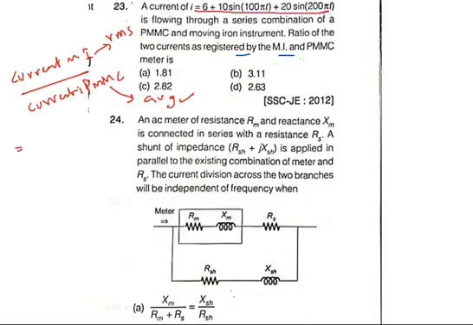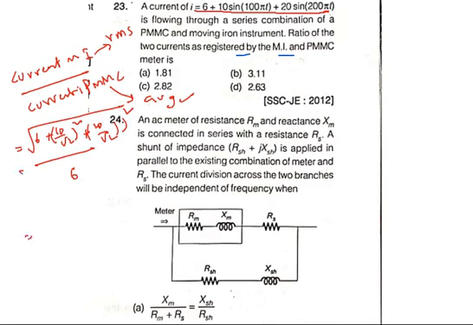See here, calculate this: square root of 6 squared plus (10 by root 2) whole square plus (20 by root 2) whole square, over the current in PMMC. PMMC measures average value. For this equation, what is the average value? Just 6 amps only. Okay, 6 amps is the average value directly. Average is nothing but a DC value. Here DC value is 6 only, no? So 6 we got here.